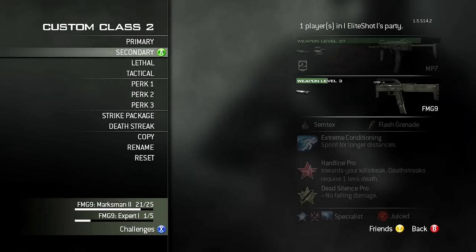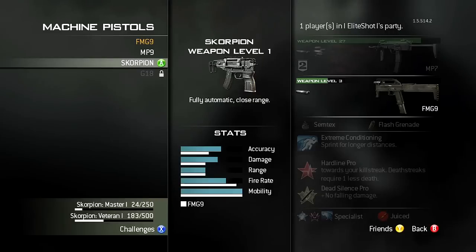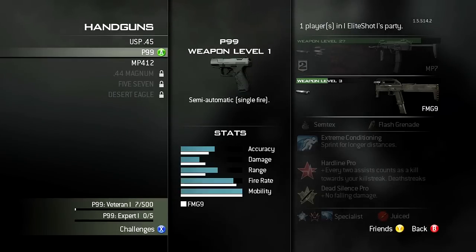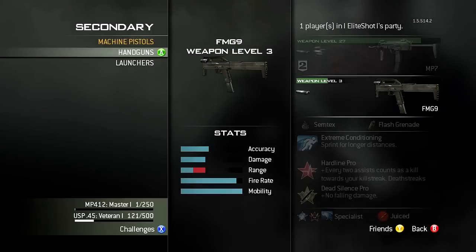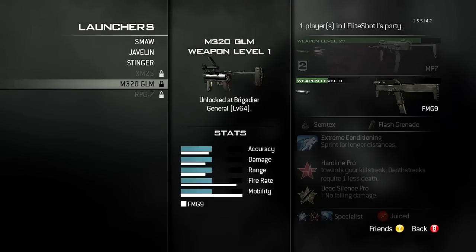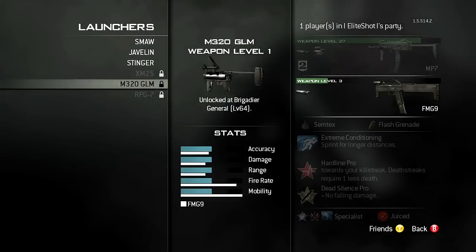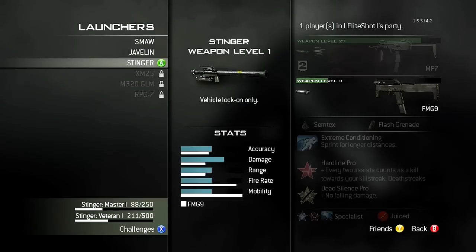I was trying to go for the akimbo, at least I'm going for it now. But any akimbo machine pistol is good besides the G18, that kind of sucks. The handguns I don't really use that often, but the akimbos aren't too bad. And the launchers, if I'd use any of them for this class, I'd probably use the XM25. Actually, not even that. Probably the Stinger, because these kind of are shitty, and the Stinger takes out air support,